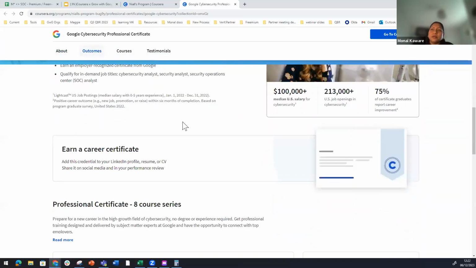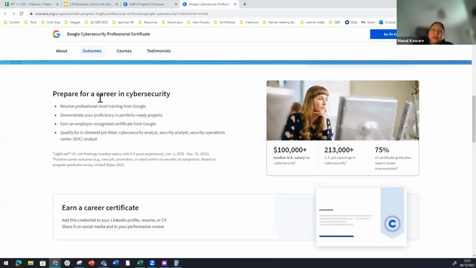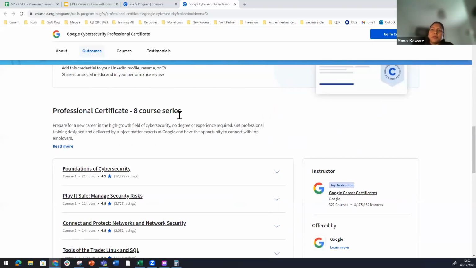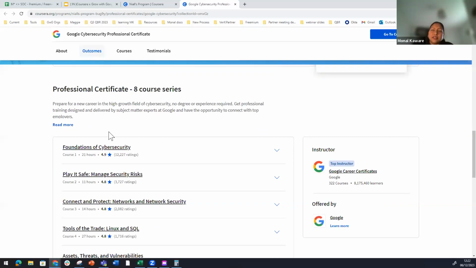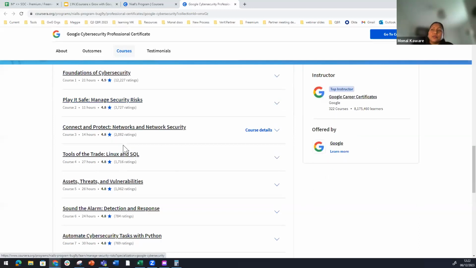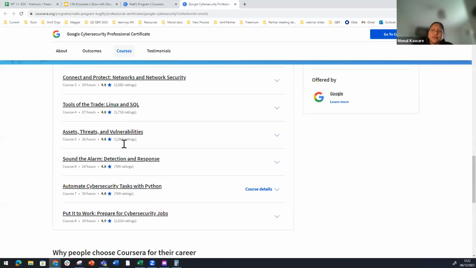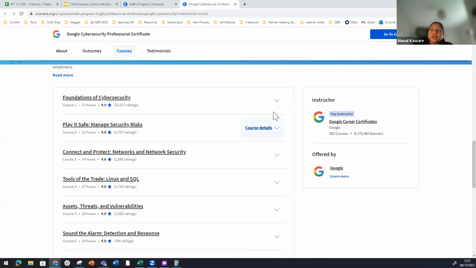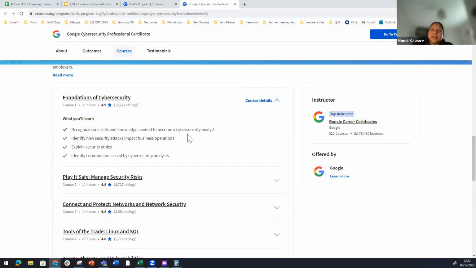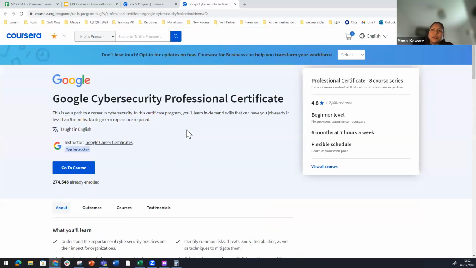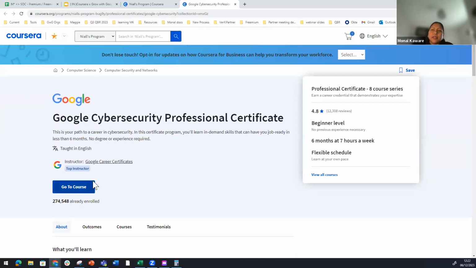If you go further down, you can see how you can prepare for a career in cybersecurity. And if you go further down, you will have the details of all the 8 courses here. So the first course is Foundations of Cybersecurity, and so on. All the courses are mentioned here. If you want to know what topics they cover, you can click here and read. So after reading everything, you can come back to the top of the page, and here it will be the enroll